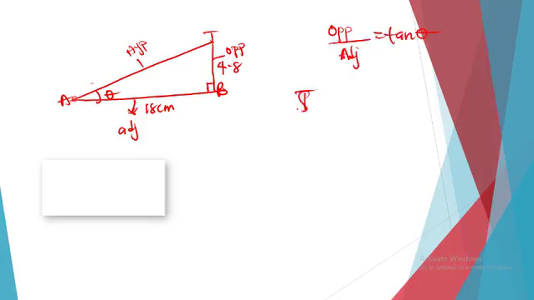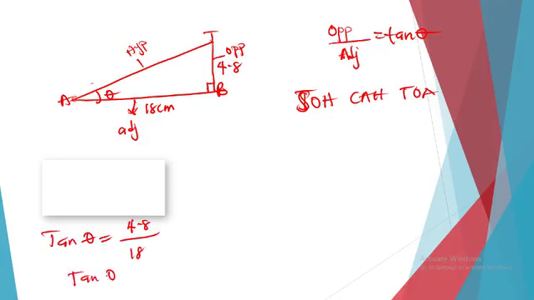When we use SOHCAHTOA, tan theta is equal to what is our opposite? 4.8 all over our adjacent, which is 18. Tan theta is equal to 4.8 divided by 18 will give us